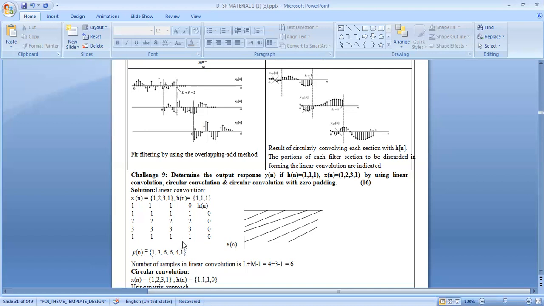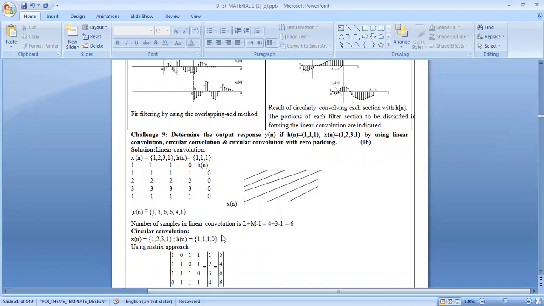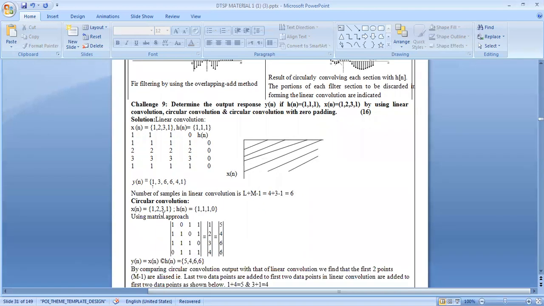Okay. Circular convolution. In this circular convolution, the first step is to check the length of the input sequence and the impulse sequence. If they are not the same, we just append zeros. Since we have 4, we make it 4. We will use the matrix method. So 1, 1, 1, 0. This impulse sequence has to be circulated. Then again you bring a 0 over here, then 1, 1, 1. Then again you bring this 1, 0, 1, 1. Then again you go here, 1, 1, 0, 1, which will be multiplied with 1, 2, 3, 4.